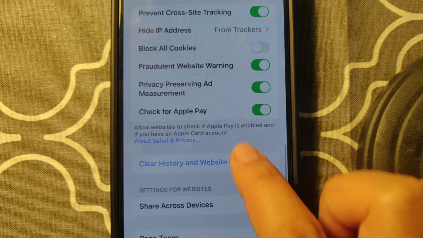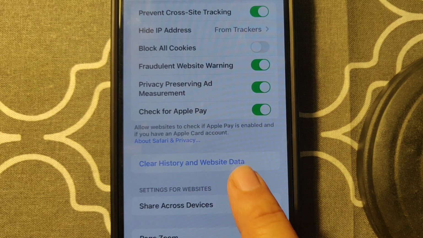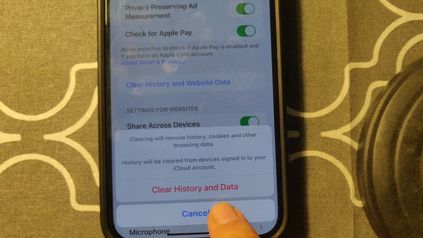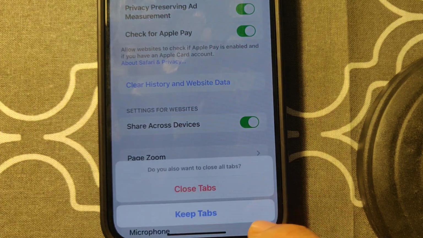come down and just try to find clear history and website data. Just tap on it, and now guys, you can see the red mark, clear history and data. Just go and tap on it, guys, and you can just